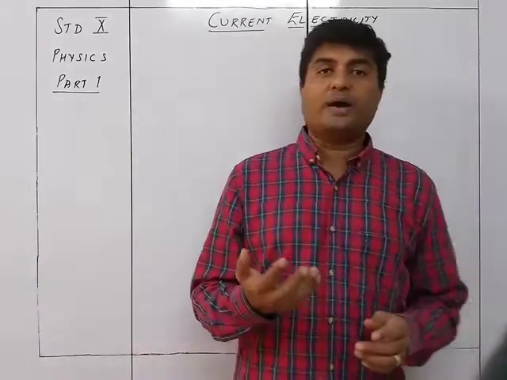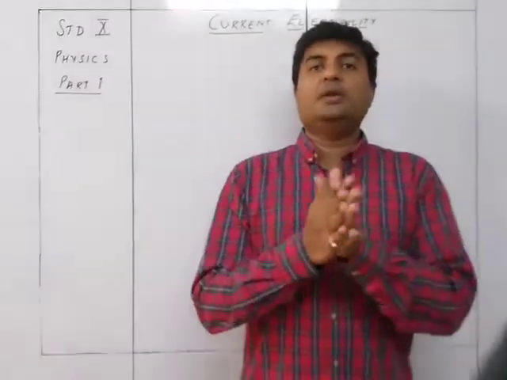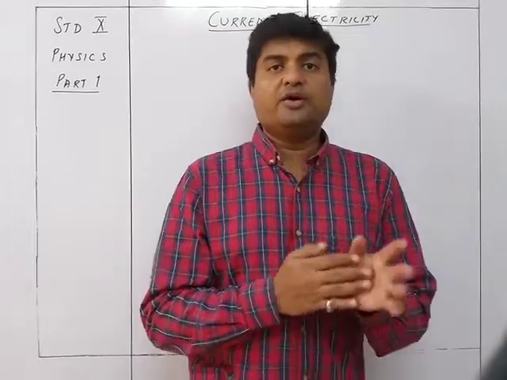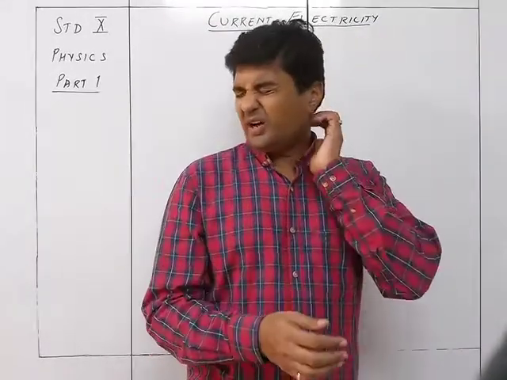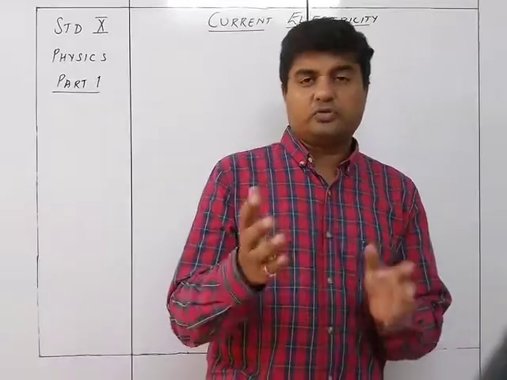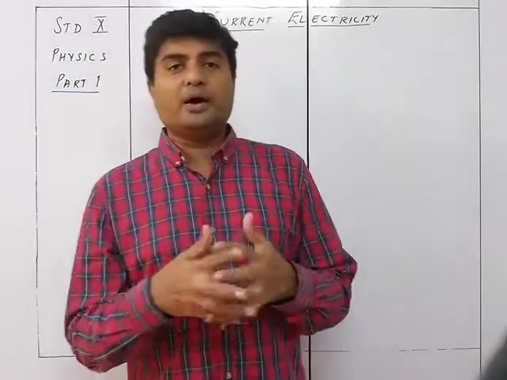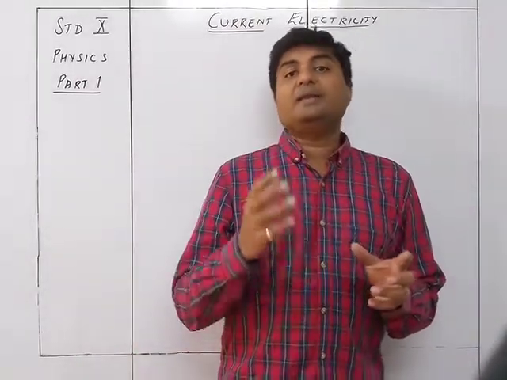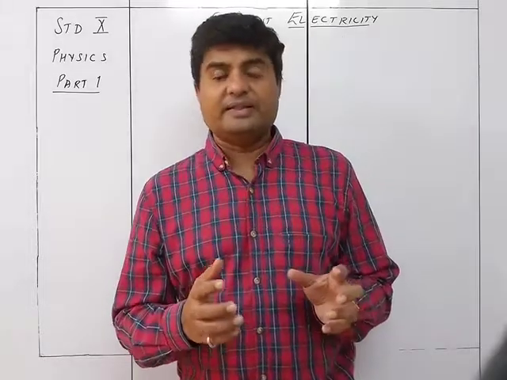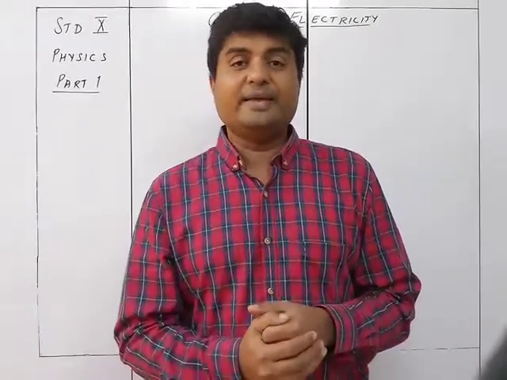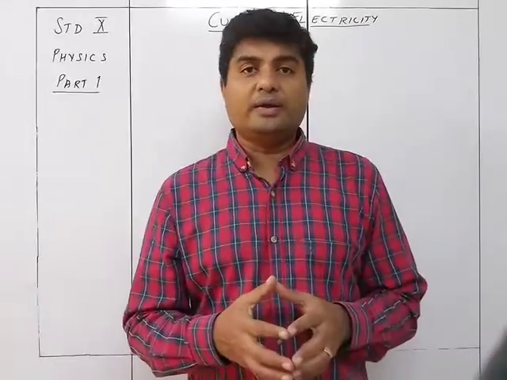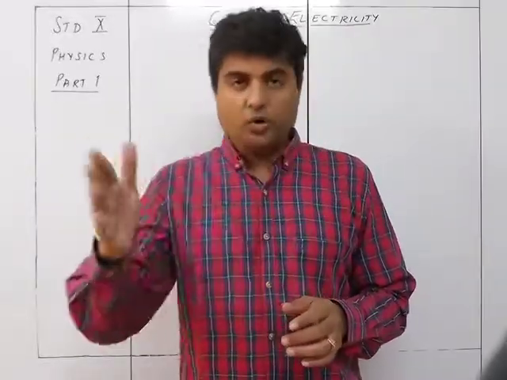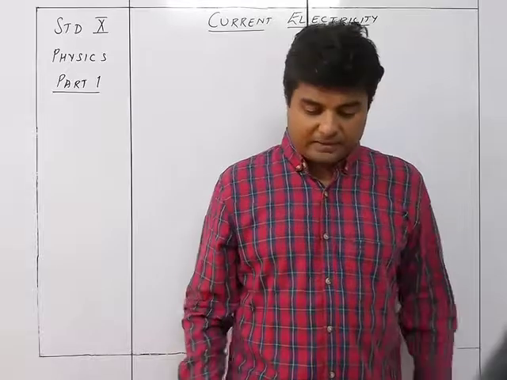Static electricity was the one in which the charge was being produced when two substances are rubbed together, like glass and ebonite, or fur and the rubber sheet. So accordingly you will be getting different kinds of charges, but these charges are on insulators, and therefore they do not travel, and that's why they are called static electricity. But what we are going to learn is about current electricity, meaning the flow of electrons. So current means flow, so the flow of electricity is the current electricity.